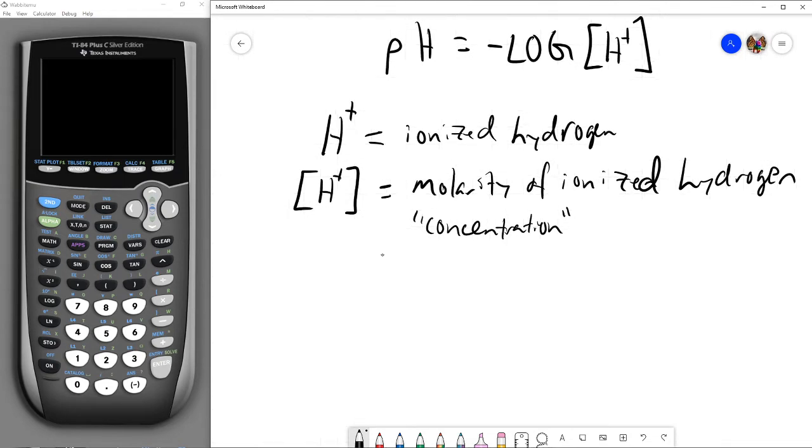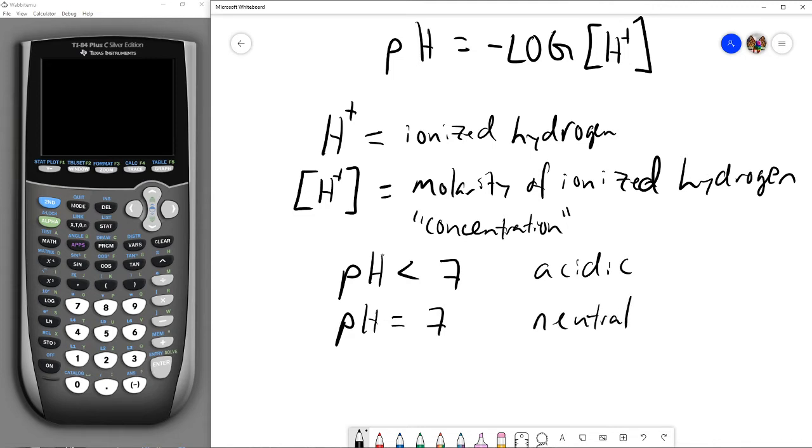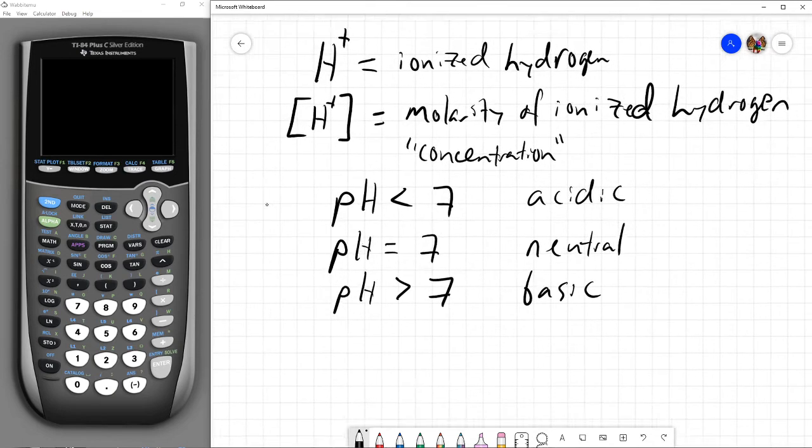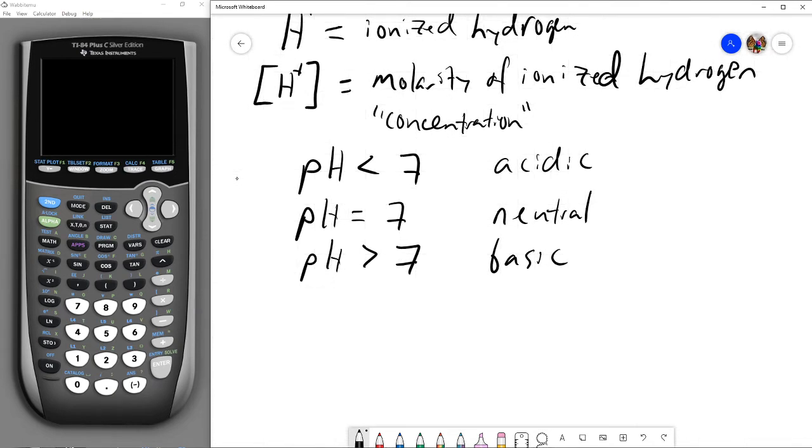So if your pH is less than 7, your solution is said to be acidic, and if your pH is equal to 7, then it's neutral. And a pH greater than 7 is said to be basic. So what makes a solution acidic is that it has a large concentration of hydrogen ions, and what makes a solution basic is if it has a high concentration of these